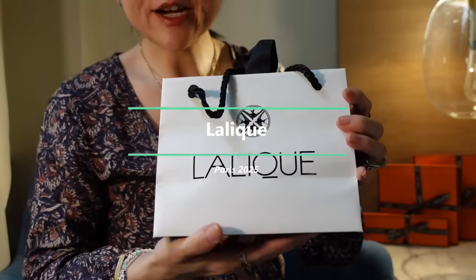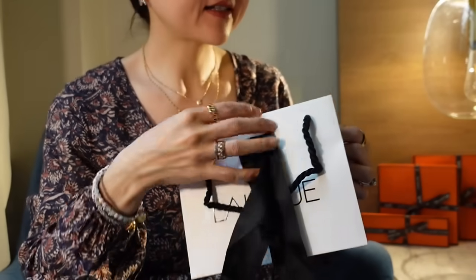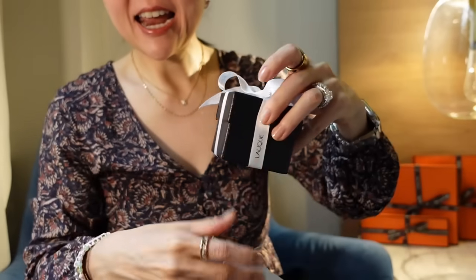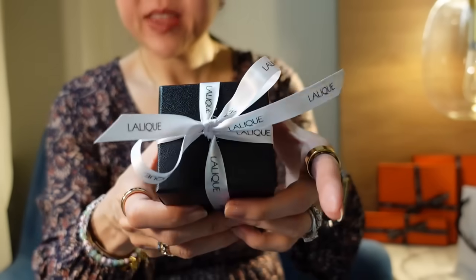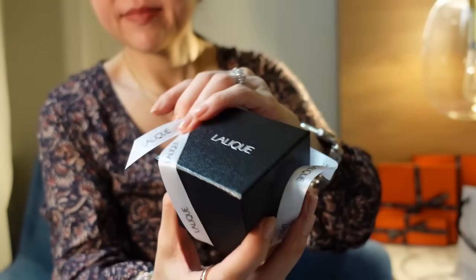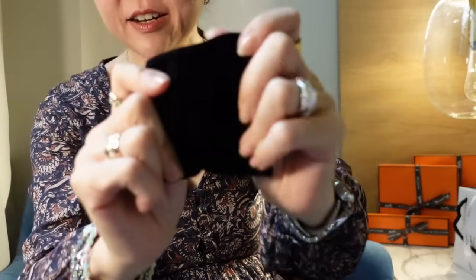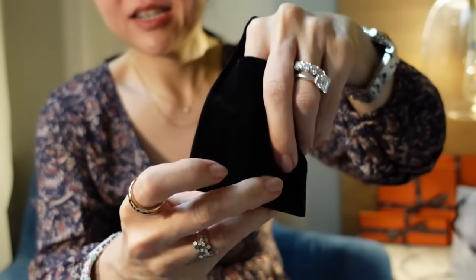This is the next item, and it's from the brand Lalique, but it's mostly known for its glass statues and sculptures. But I just saw something that caught my eye, and I went in, and I've also seen these particular products on Instagram. And so it comes in this beautiful box. Here is this nice pouch. And I bought